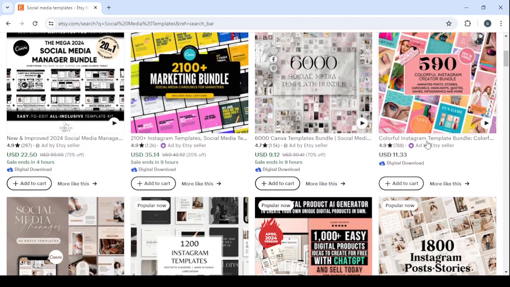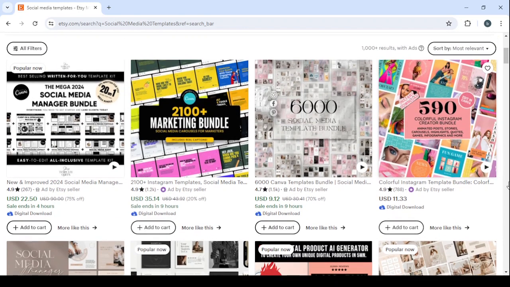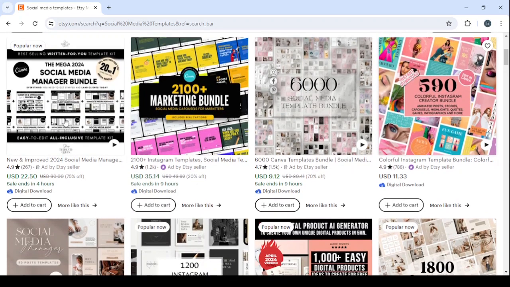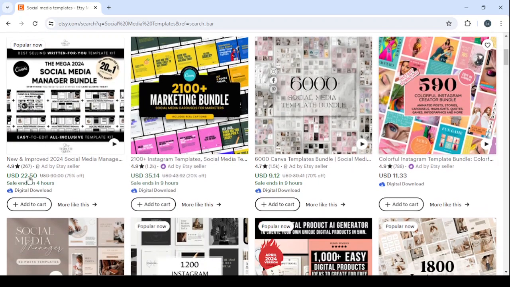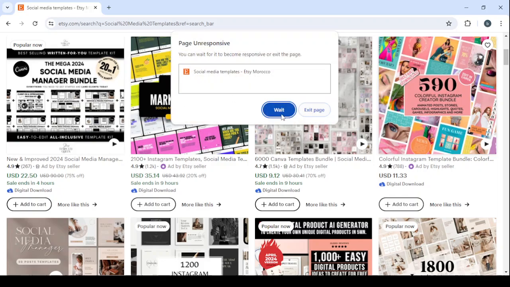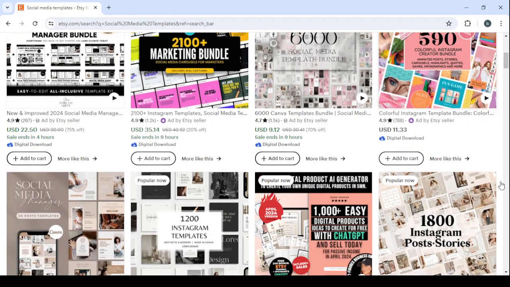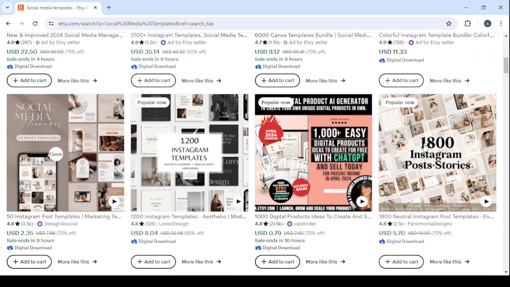We have a colorful Instagram template bundle for $11.33, this one for $9.12. But let's look for the popular ones. Here we have a popular one, $22, new and improved 2024 social media manager. And another popular one in here. Let's go for this popular one in here,